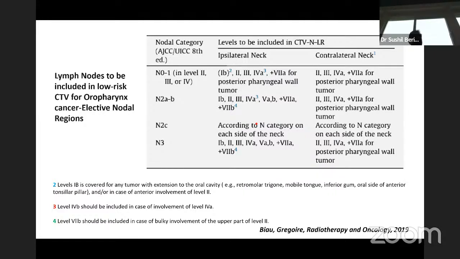Now, there is some data which recently got published in nasopharyngeal cancer that even if you spare the superficial parotid on the side of involvement, keeping V26 less than 30%, you can still decrease the risk of xerostomia. So don't get overzealous and try to spare the entire parotid on the side of involvement. You can focus on the superficial parotid, but more importantly, focus on the contralateral parotid, because that is more important than sparing the ipsilateral parotid.